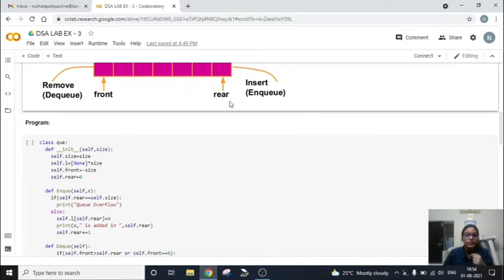If the rear is less than the front, then it will say that the queue is empty. Whenever the queue is empty, only then will the rear be less than the front. The value of rear is less than front only if the queue is empty.